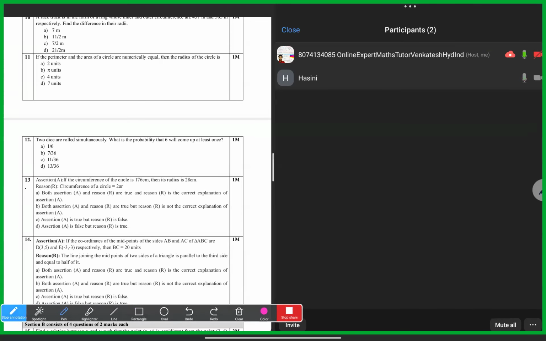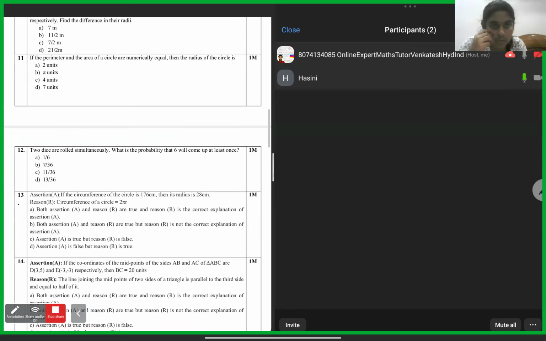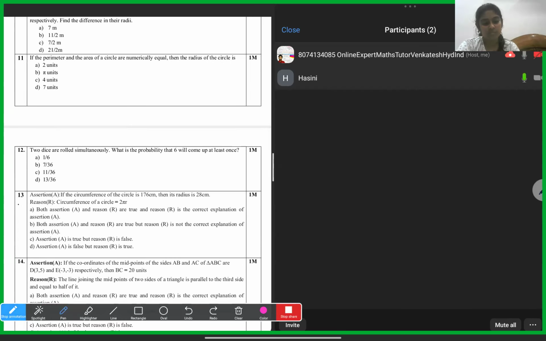Today we finished the 10th question. Now the 11th question, once you read it, Hasni. If the perimeter and the area of a circle are numerically equal, then the radius of the circle is... So they said, Hasni, the perimeter of the circle